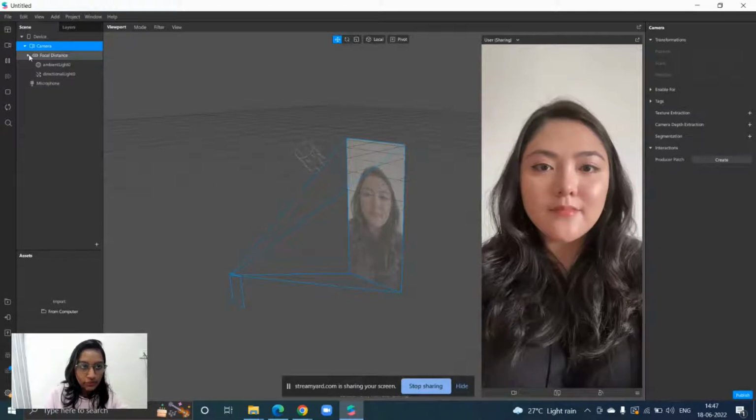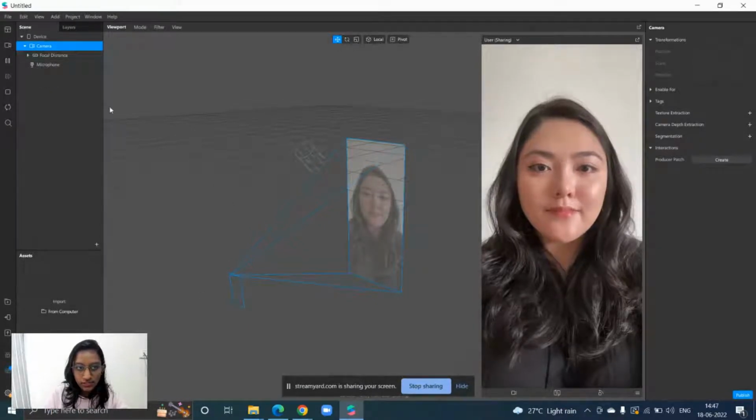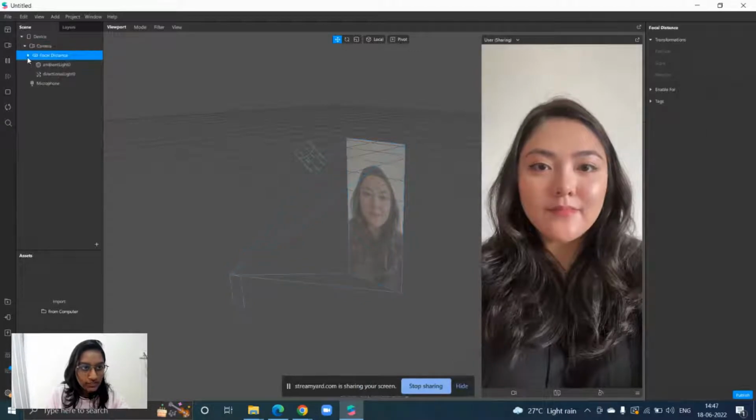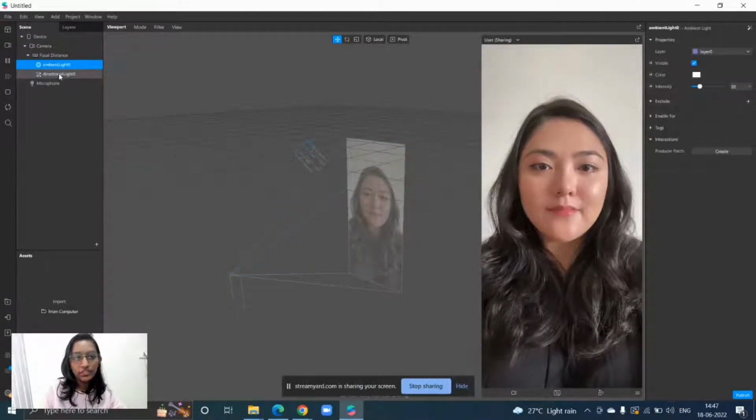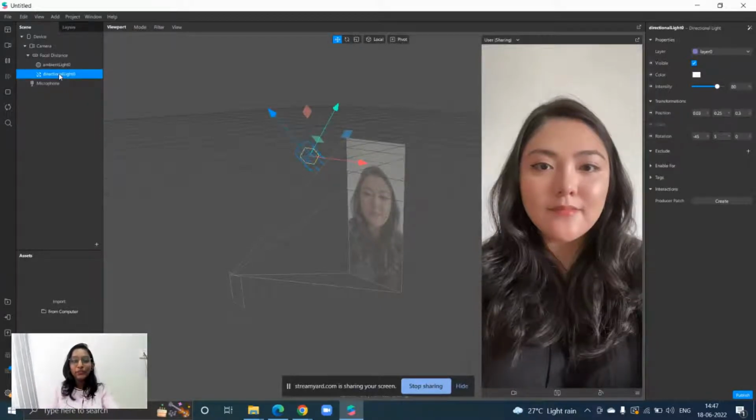Then we have the focal distance, which, as you can see, gets blue if I click on the camera. Inside it we have these two lights: ambient light and directional light. We are going to see this in a couple of minutes, but before that, let me explain what these